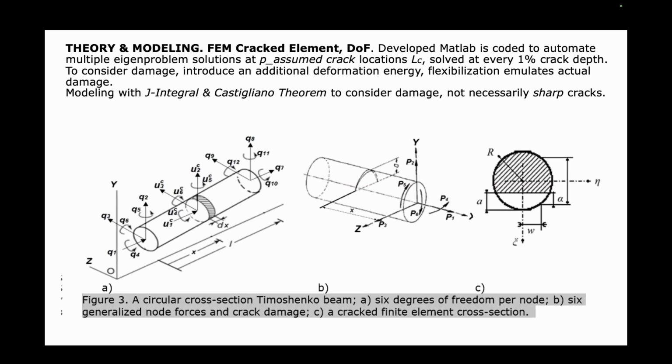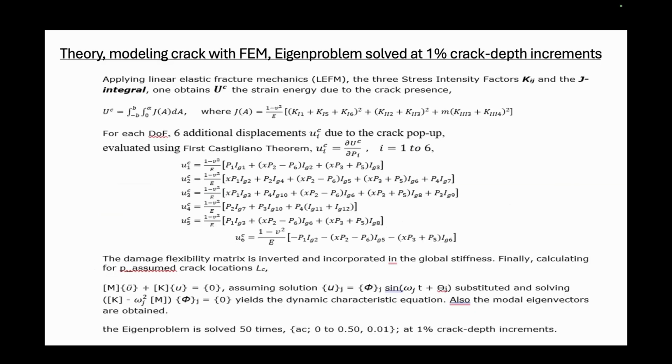And this is the cross-section damage. I am assuming a straight crack anywhere in the finite element. And in this case, it's a circular cross-section Timoshenko beam. And these are the six displacements, flexibility displacements due to the damage. They are based on the Irwin J integral. And I use a simple